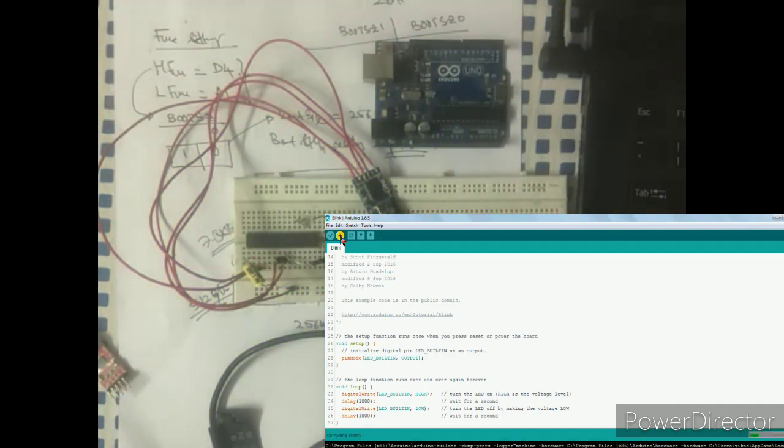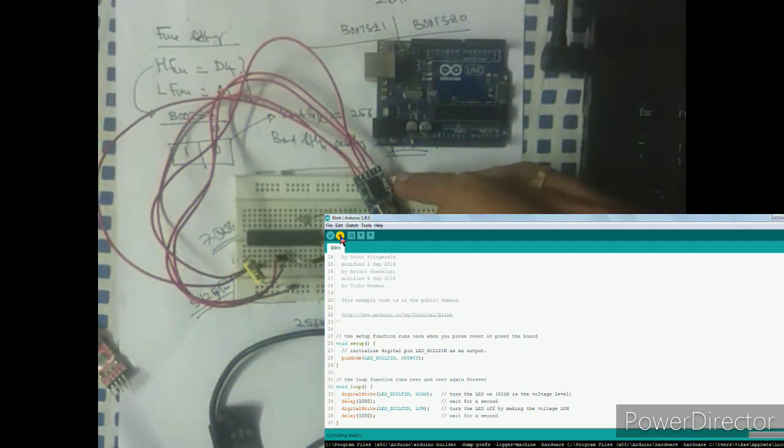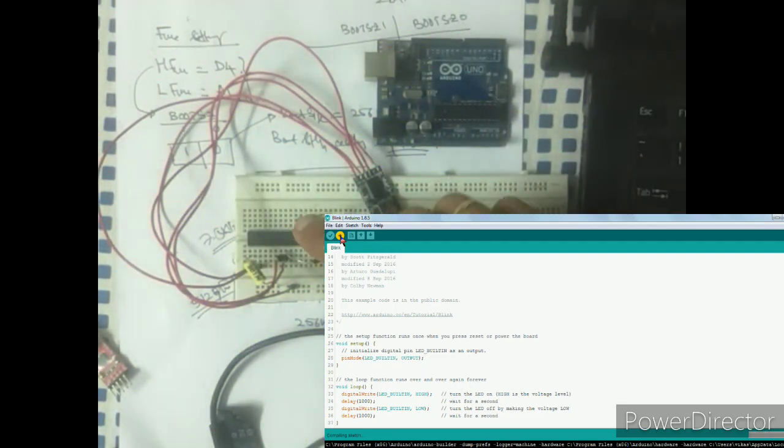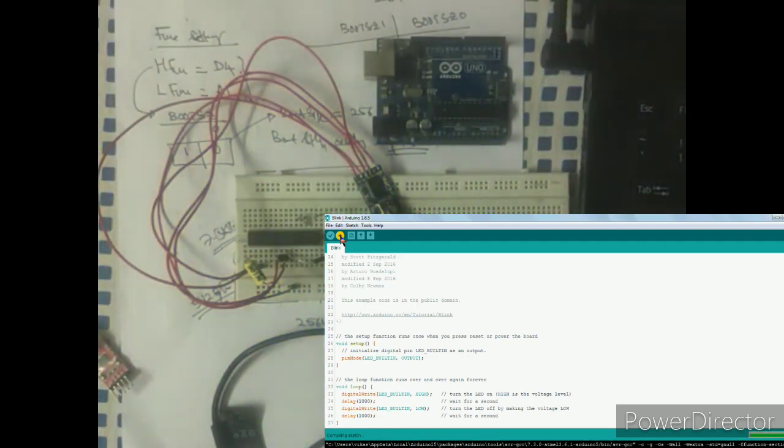Now I'm uploading the code. Here you can see whenever there is data activity, the transmitter and receiver LEDs will be blinking, and at the same time the LED indication will change at 50% duty cycle. First it is compiling. Once it is compiled, you can see it's uploading.